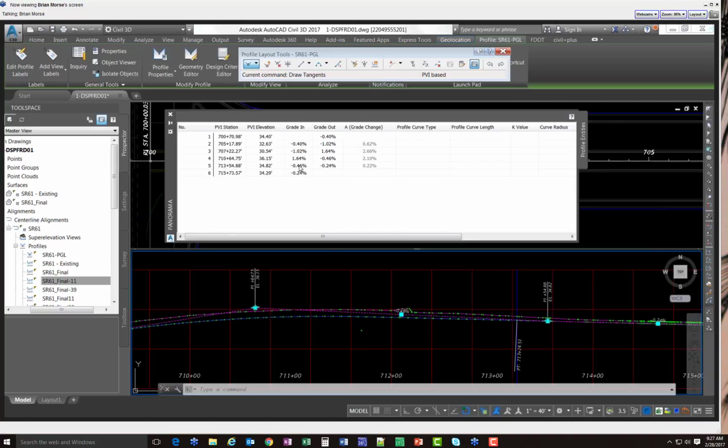And the grade in is looking backwards, okay? And then the grade out, that's looking forward. So if I were to edit this here, it'll hold this station and this elevation, and then it'll just push the change backwards. So if I edit this value here, make this 0.24,